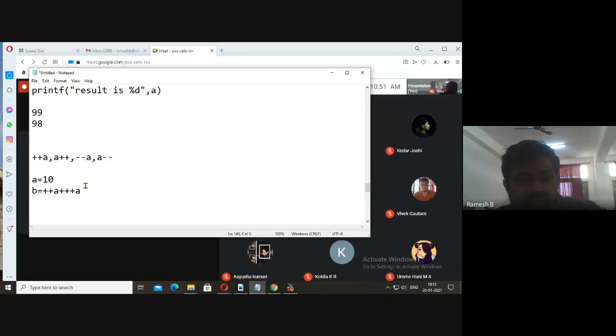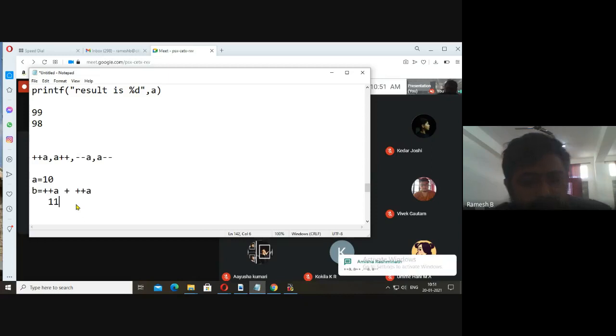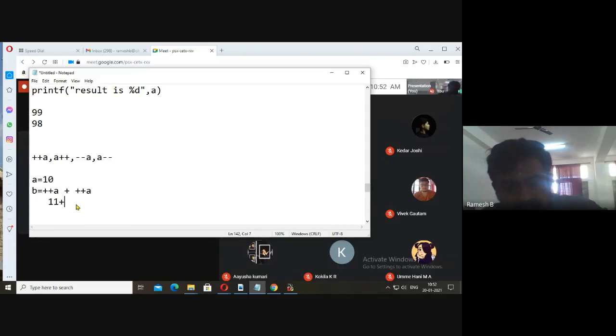Let me run this. This will be interpreted like this. Here a becomes 11, it is pre-incremented. 11 plus, again it is incremented, 11 becomes 12. So 11 plus 12, it is 23.